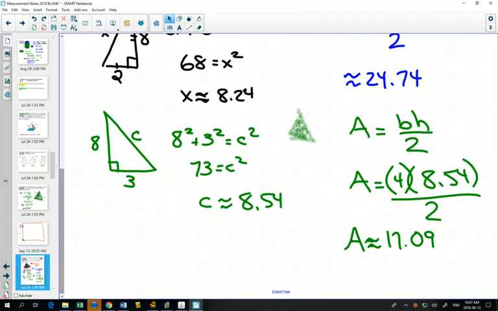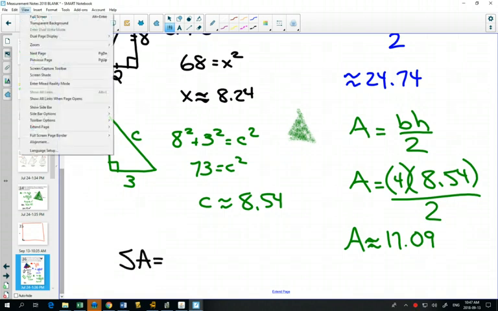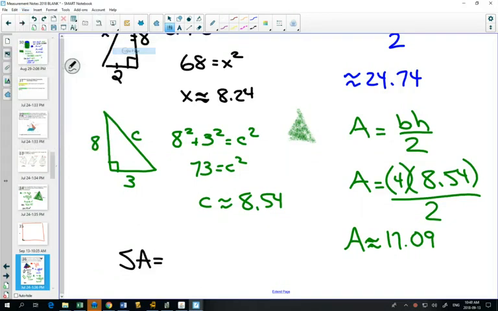This question has a lot involved in it so far, and we haven't finished it yet. Because what have we been asked to find? The surface area of the whole thing, right? So we still need to find the surface area. If we look back at our picture, if we look back at the entire thing,